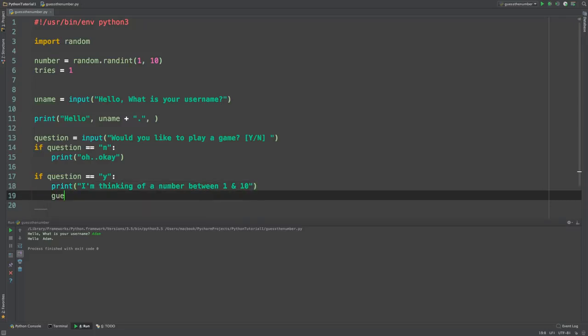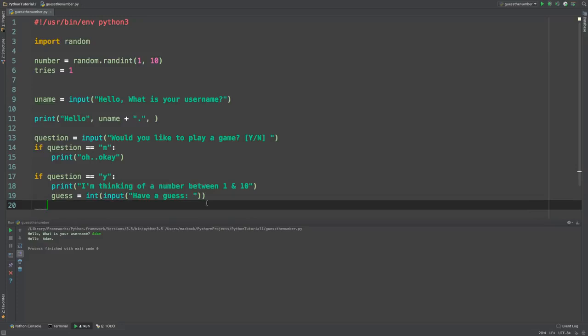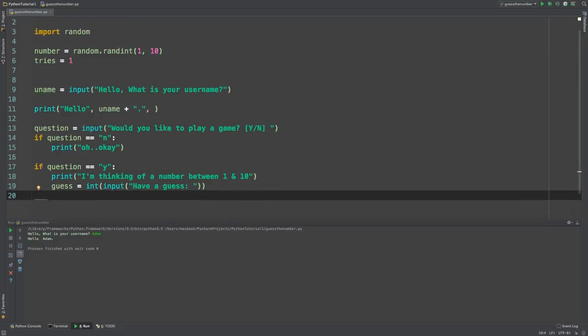Right, so if we do guess is equal to int, input, and then brackets, quote, speech mark, sorry, "Have a guess." Doesn't really matter what you put in, and then space that out. So here we're saying if the question is yes, so if they type y, print I'm thinking of a number between 1 and 10, ask them for a guess between 1 and 10, and then here we can do if the guess